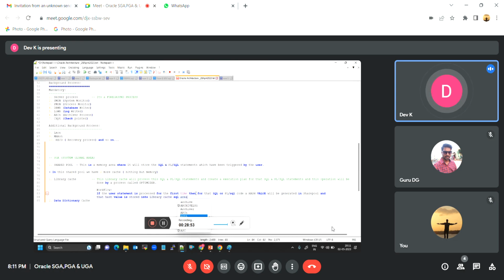In the library cache SQL area, it will hold it. So in the library cache,